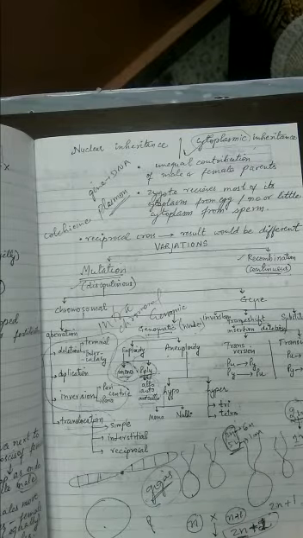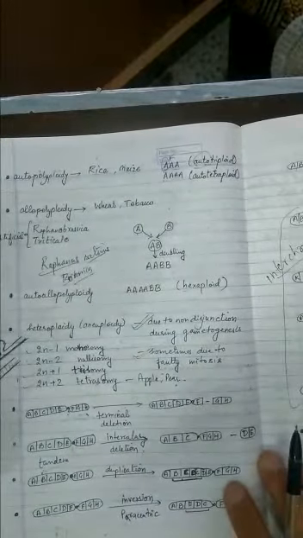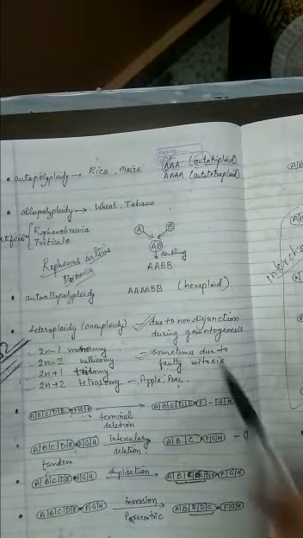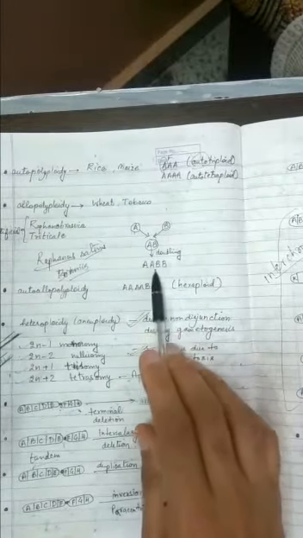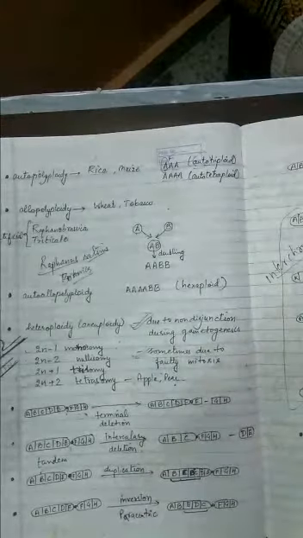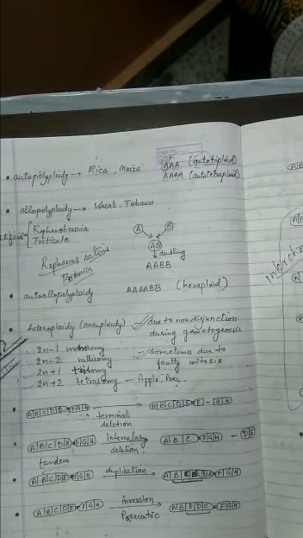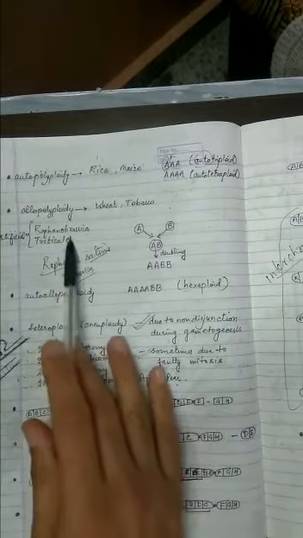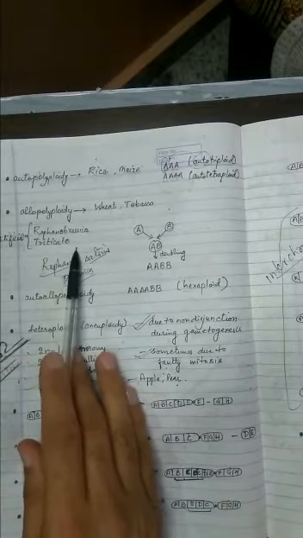What is allopolyploidy? It has developed through hybridization between two species followed by doubling of their chromosomes. We learned this in the last class. If you take the genome of one individual as A and the other as B, and then doubling, AABB, this is going to be an allopolyploid. For example, I told in the last class, wheat is there, tobacco is there, and recently scientists have created Raphanobrassica and triticale: Raphanus plus Brassica, Triticum and Secale.